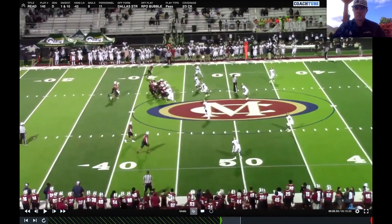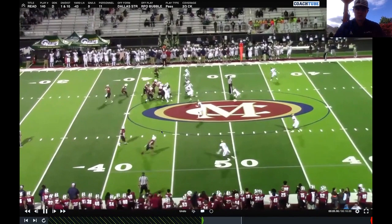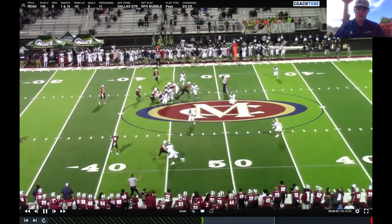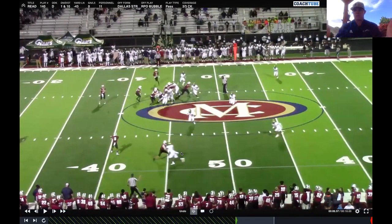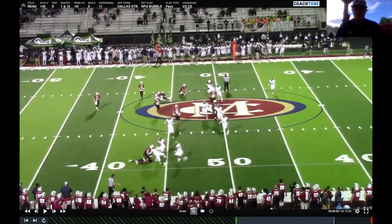Now, for us, what we teach that guy is, right when the quarterback catches the ball and he turns his shoulders, he's kind of dictated that the ball was going here. So we should be running inside out to this inside hip. So he kind of worked flat too much. I'd rather him be working to the inside hip now, compressing the space. All right. If you had to teach this guy again for me on the outside, he just kind of reached and grabbed, right? We didn't actually put our hands and really set the edge as much as we would like to, but it's a good job of running to the football. One thing we kind of pride